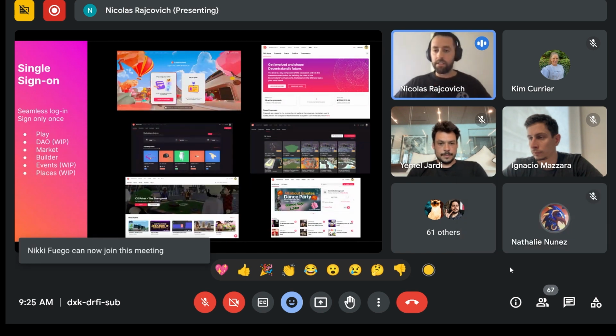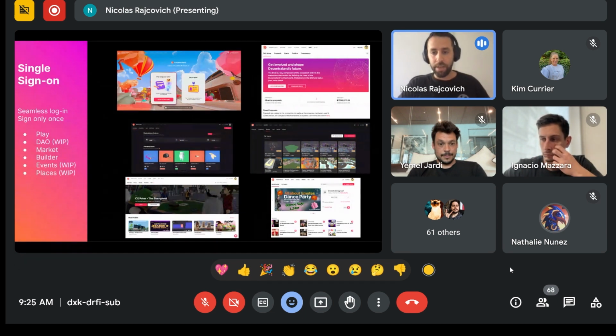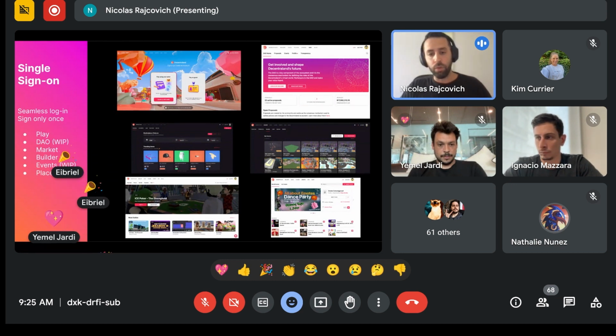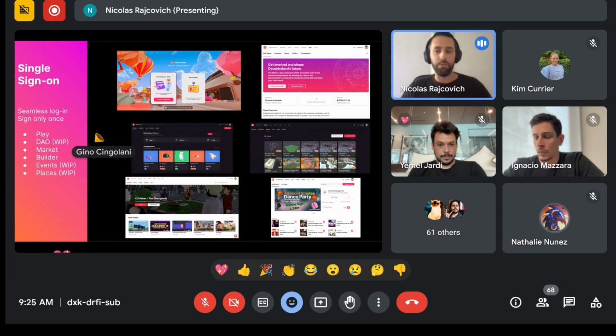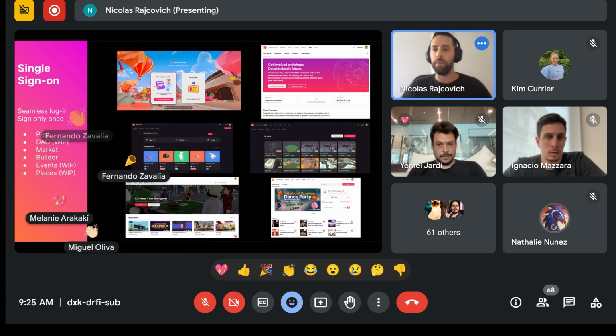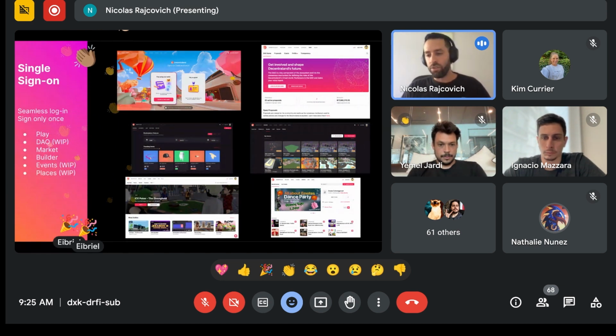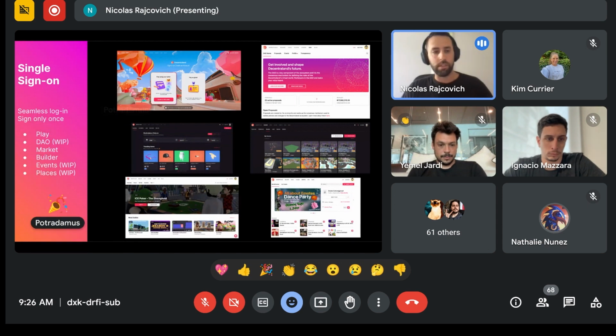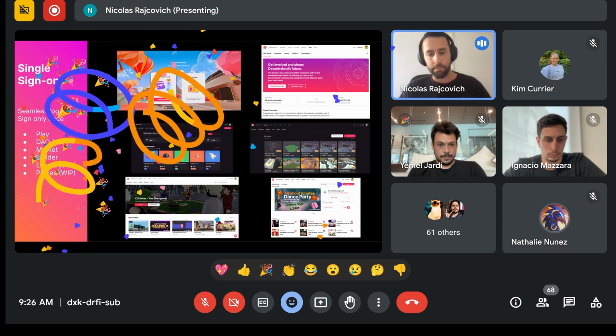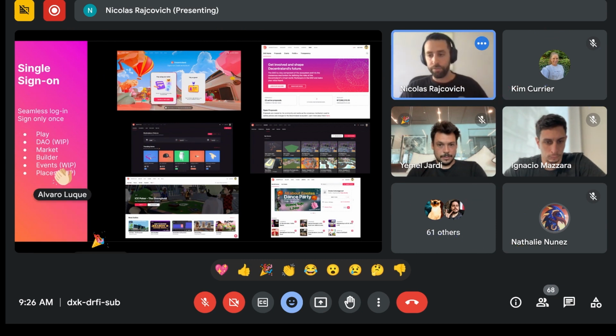This is something that is out, at least in many of the dApps that you can see right here: single sign-on. What we did is change the way that you sign in, so you don't have to sign a message every time you go to a new dApp or to Explorer. So mostly for people who are heavy users of the platform, and you are a creator and then you go to an event and then you go to play or vote in the DAO, all those transitions should be way smoother because you don't have to sign in every time. It's just one single sign-on and then you are in, and the same happens if you log out, you will be logged out from all the apps.